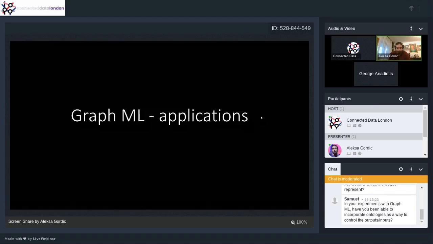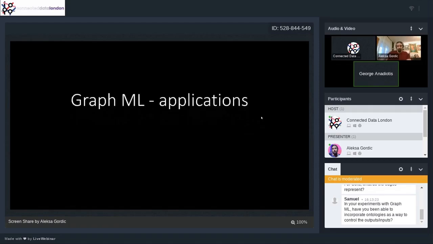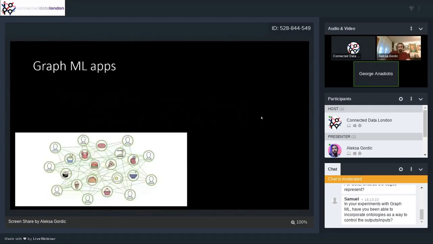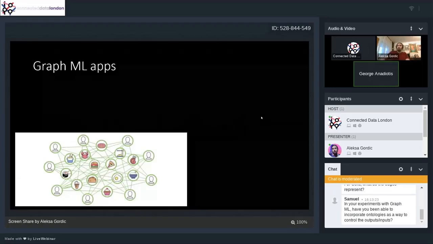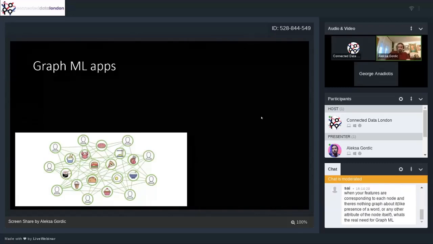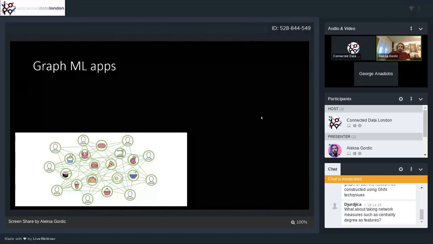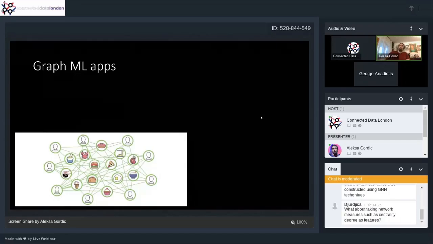There's another one on datasets, this one specifically on Cora, from Zenya, who's asking, what do the edges represent in Cora? So I think I mentioned, it's a citation network. So basically, the node is a research paper, and the edge means that research paper cites some other research paper. So it has that other research paper as a reference.